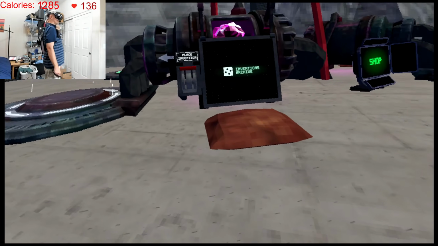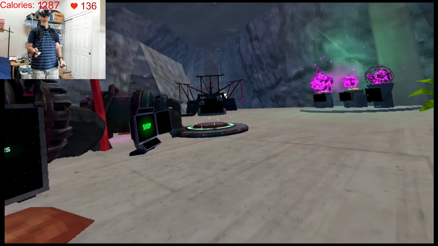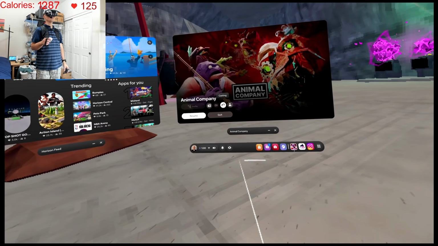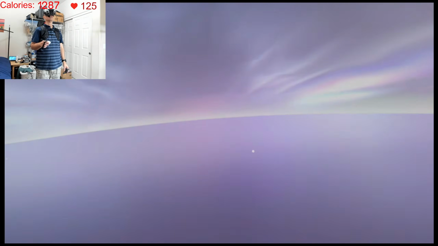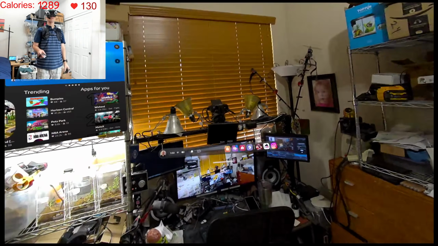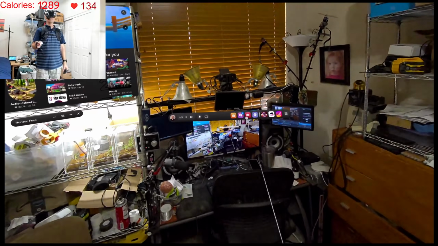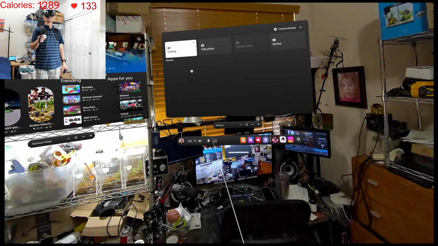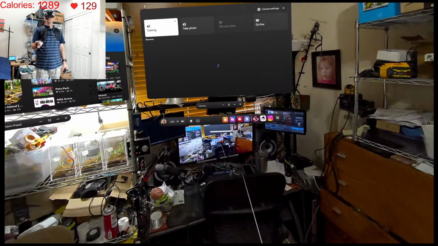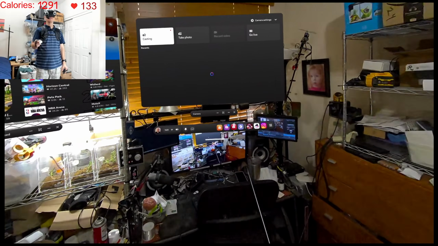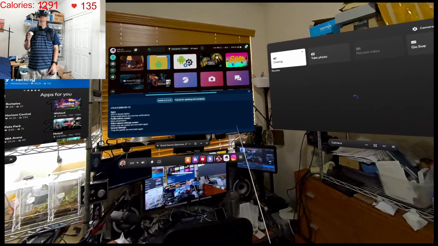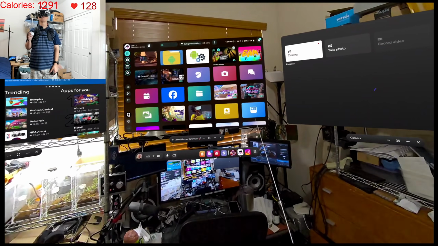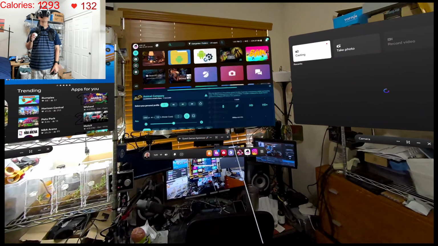This game right now on my screen does not look high resolution though. Let me just see if something might be wrong here. Oh, it says it's casting. Even though it's using Meta Quest Developer Hub casting, it still counts as casting apparently. According to the system pipeline, it's still... Well, let me just check, make sure that Animal Company is running at the resolution and such that I want it to be running at.